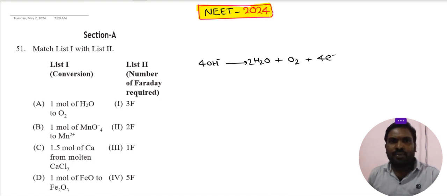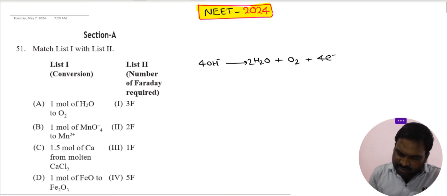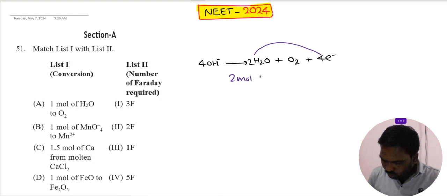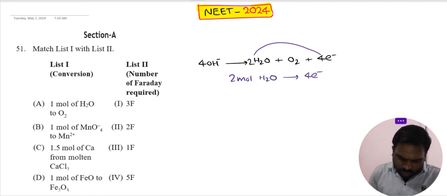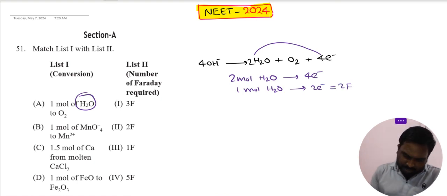Here observe, for 1 mole water, how many Faradays are required? For 2 moles of water, 4 electrons. But here it is asking particularly about 1 mole of water. So for 1 mole water, 2 electrons. 2 electrons means 2 Faradays. So it is matched with